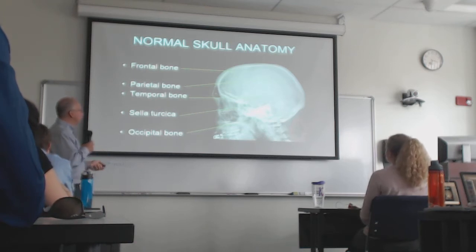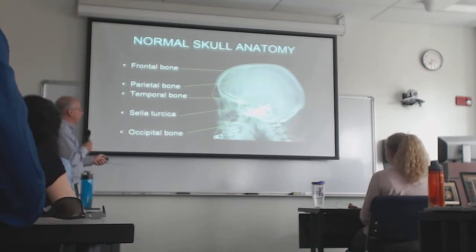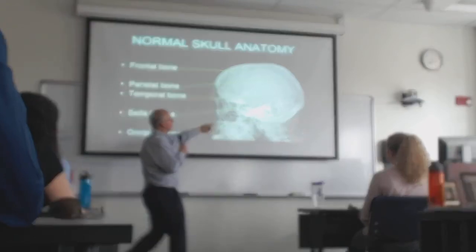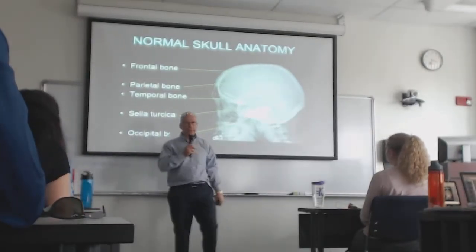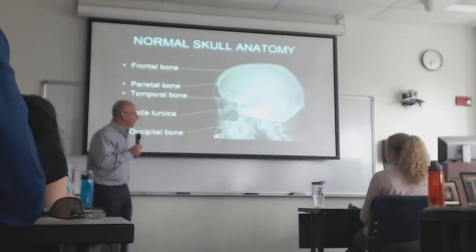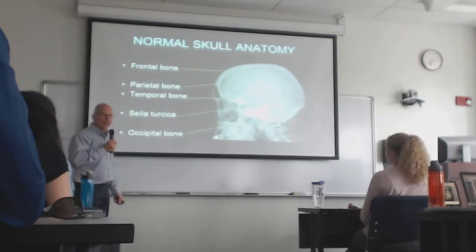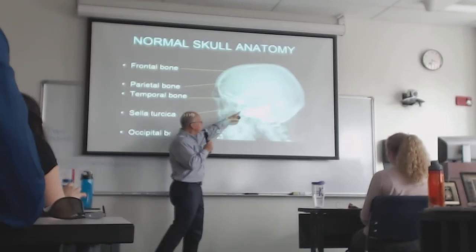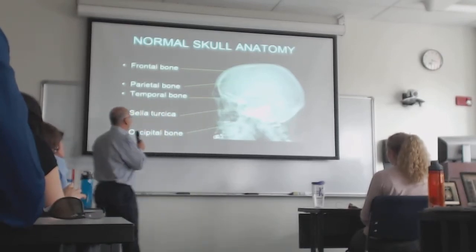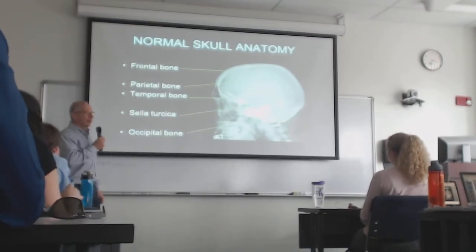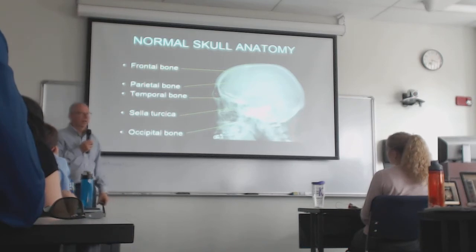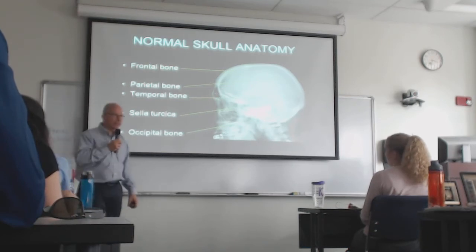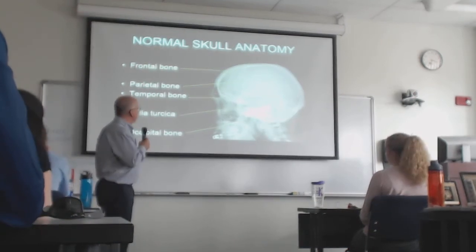And then there are some features that you can see on the lateral view of the skull. There's the sella turcica, which means, anyone know what it means? There you go. I've never been in a Turkish saddle. I don't think I've ever actually seen a Turkish saddle, but I'll bet it looks like that. So, and what's in there? The neurohypophysis, right? Pituitary.